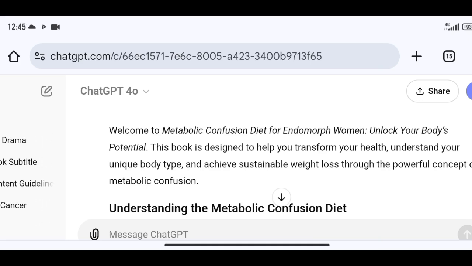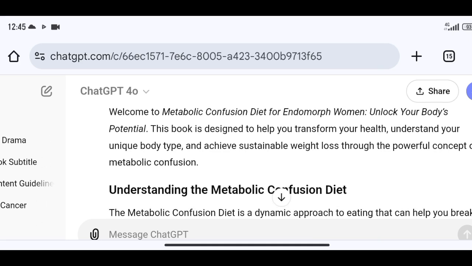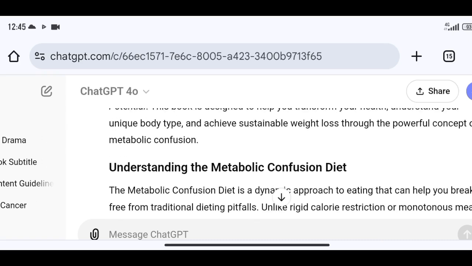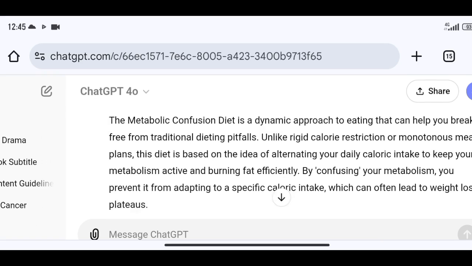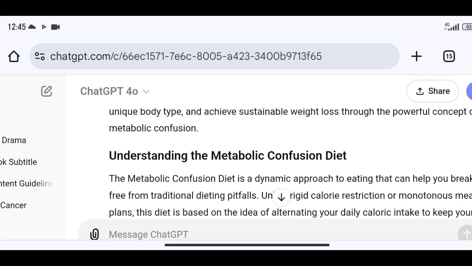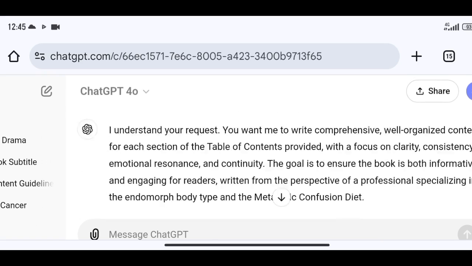The book is designed to help you transform your health, understand your unique body type, and achieve sustainable weight loss through the powerful concept of metabolic confusion. Now, the first one is understanding the metabolic confusion diet. Now, as you can see, I didn't ask him to talk about this, but based on the prompting that we've